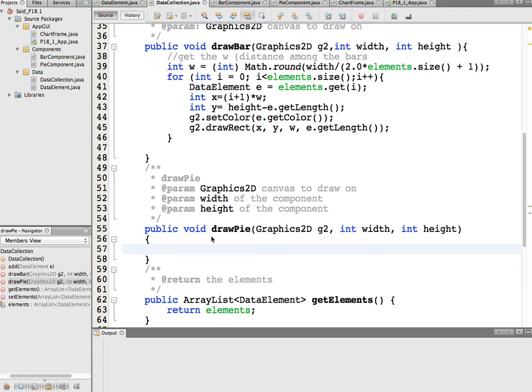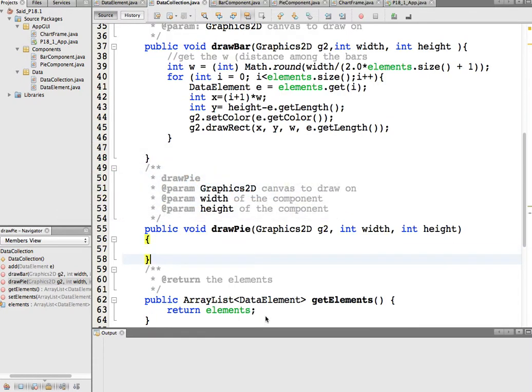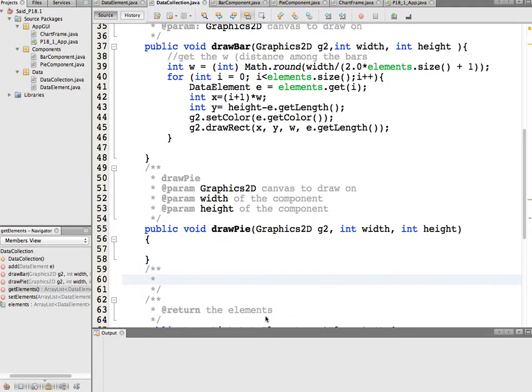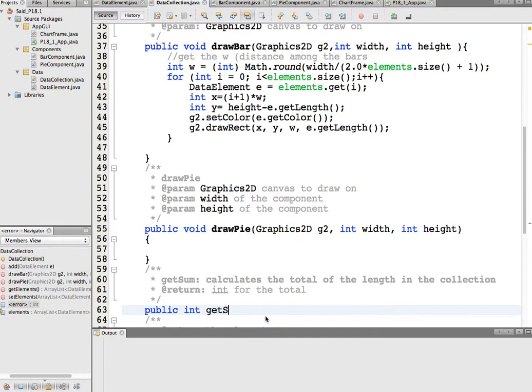So to draw the pie, I need to calculate a total, this total. So let's implement calculating the total first by creating a method getSum, which calculates the total of the length in the collection. And it returns an integer for the total. So I'll say public integer getSum,